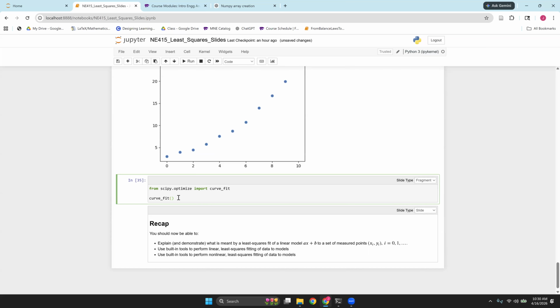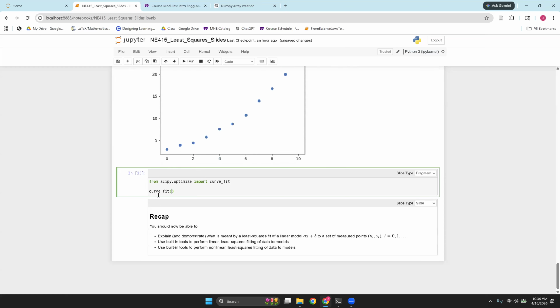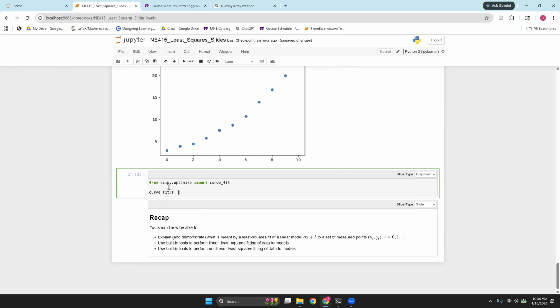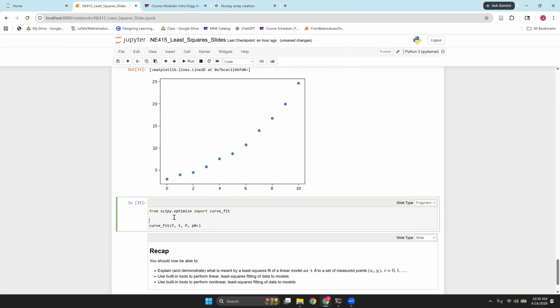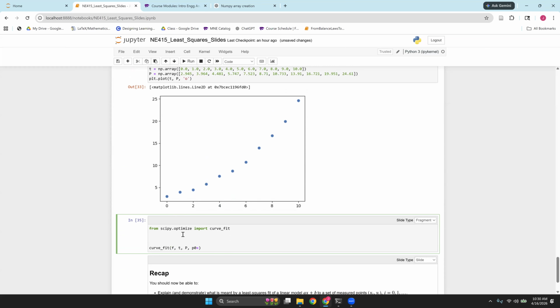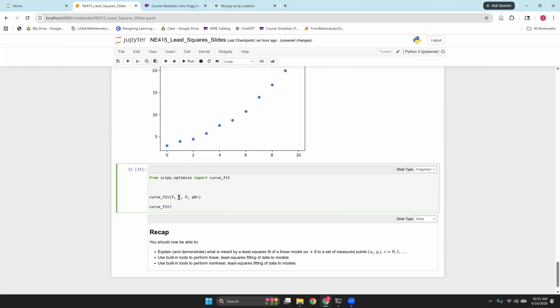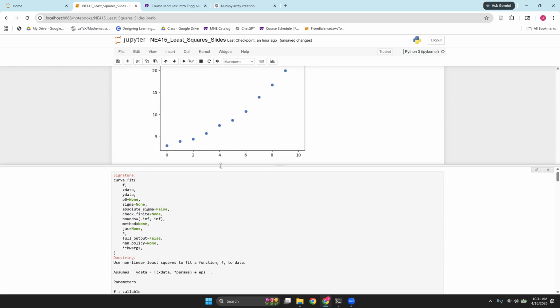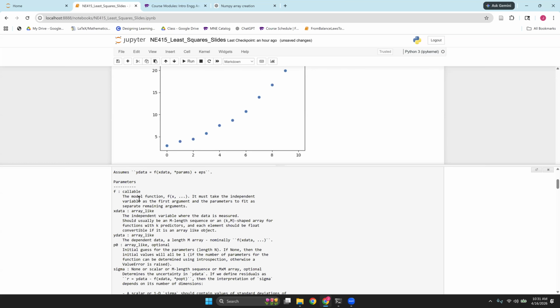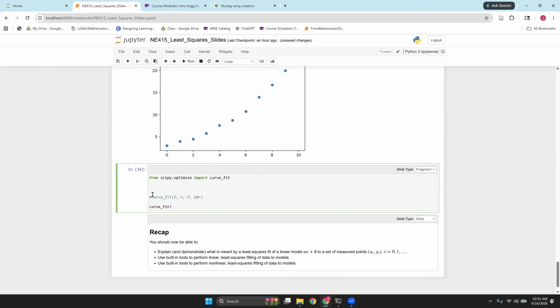So if I take my curve fit, I will give it my model, which I haven't actually made yet. I will give it my measured times, my measured powers, and then p0 will be my initial guess for the parameters. So in order to define the function, right, I should probably do that. We'll look at the documentation one more time, right? It tells us what that function should look like. So it's a callable function that takes as its first argument the x, that's the unknown, and then the parameters in order. So if I define that,